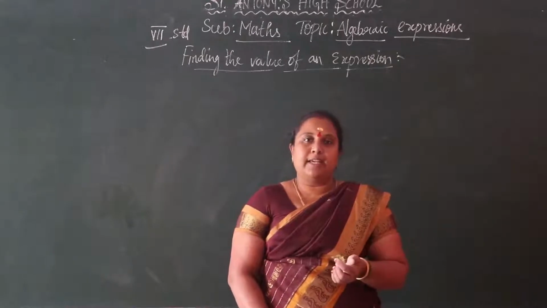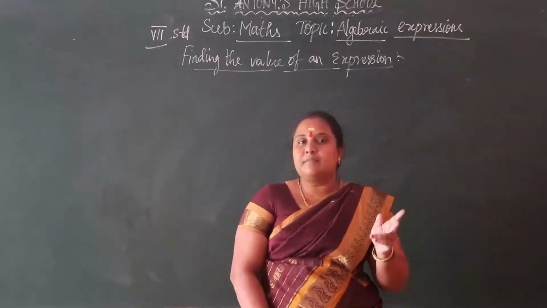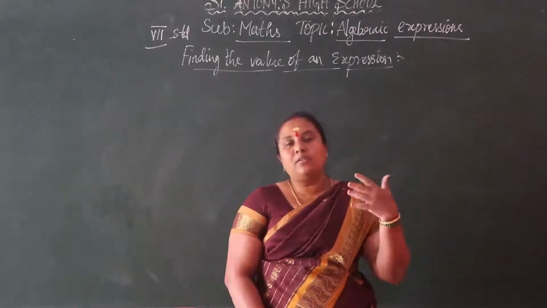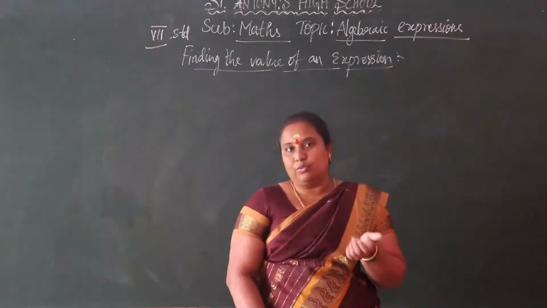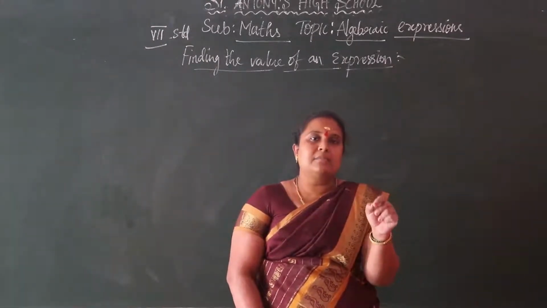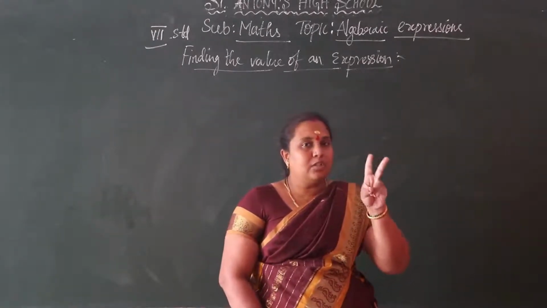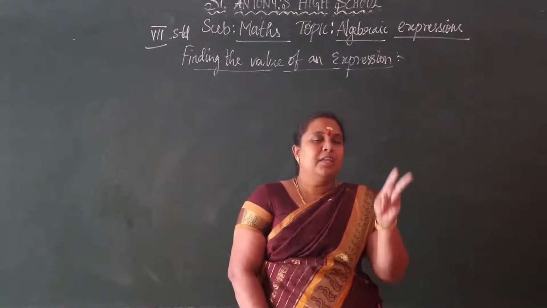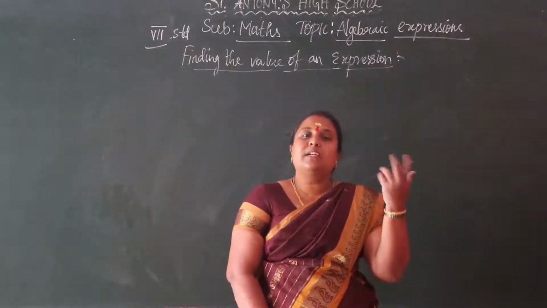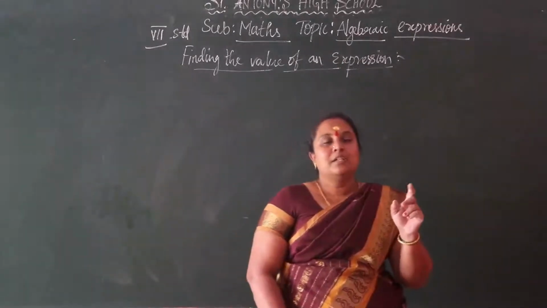We have algebraic expressions. In that we saw the terms and explanations: the factors, terms, constants, and variables, and operations. This is very well known to you, is it right? And then we have terms. If there is only one single term in the algebraic expression, we can say it is a monomial. If there are two terms, it is a binomial. If there are three terms, it is a trinomial. If there are more than three terms, we can say it is a polynomial. Okay, children, so understood?